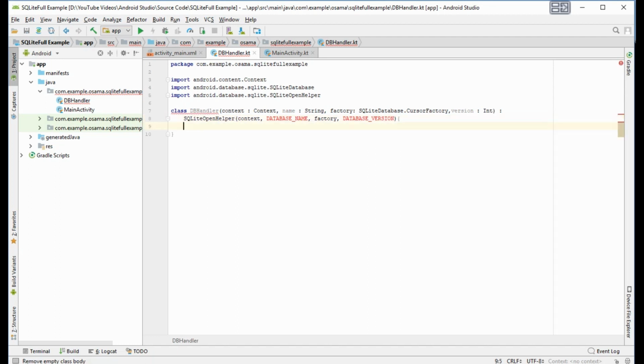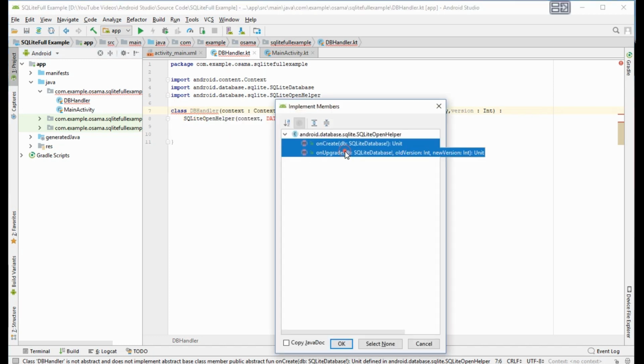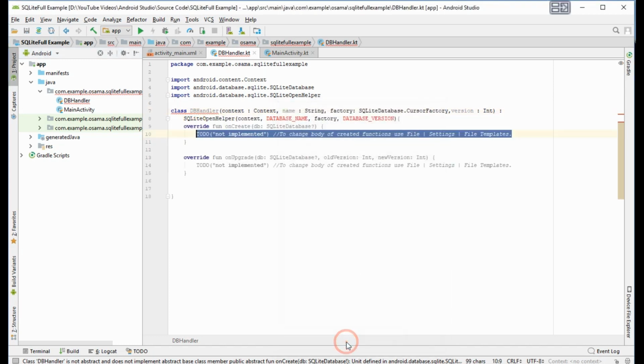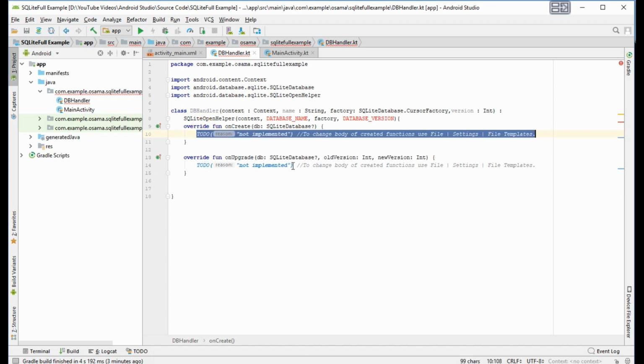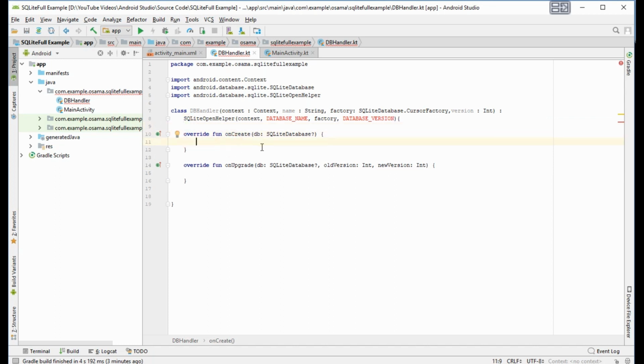Now we want to implement the members, the onCreate and onUpgrade. On create, when you create the application the first time, here we will create the database. And on upgrade, when we want to upgrade the database by adding fields or anything else, you will put the sentences here. Okay.